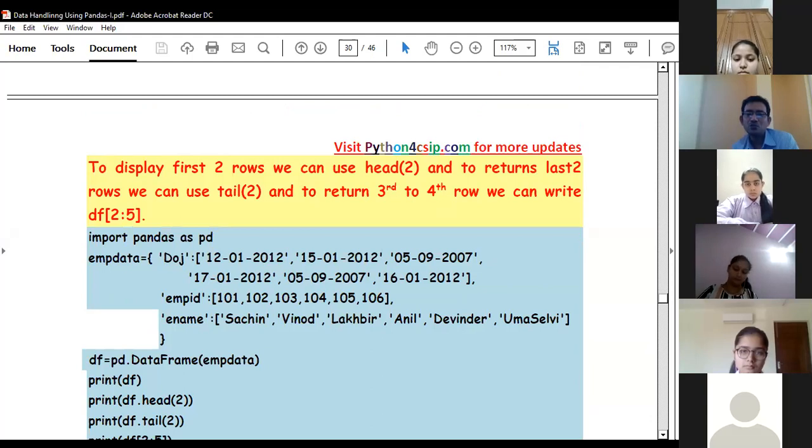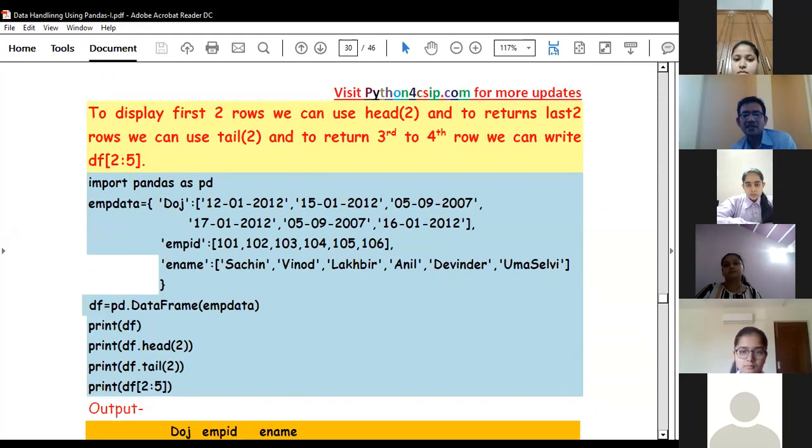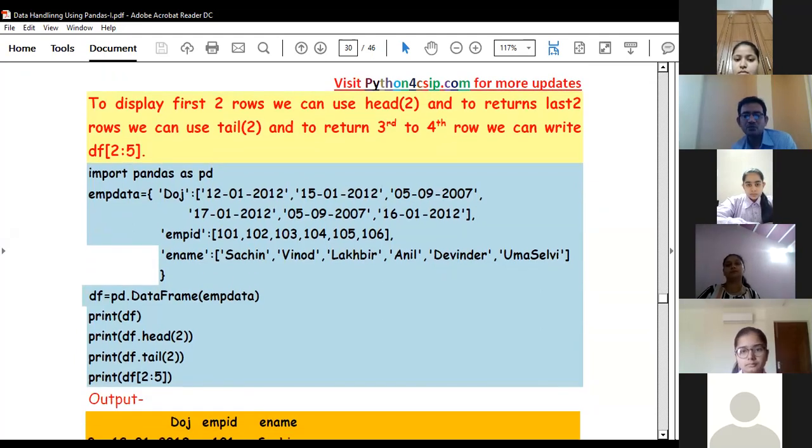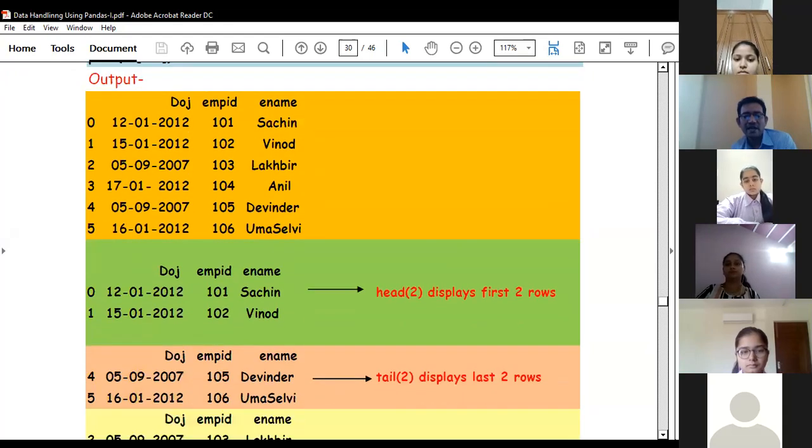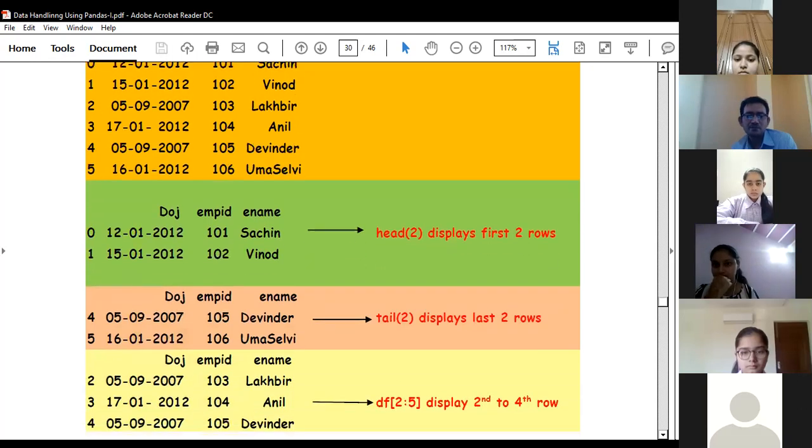To display the first 2 rows we can use head, to return the last 2 rows we can mention tail 2, and to return the 3rd and 4th rows, we can mention the range also: df, and then in square brackets the range. Basically, a selection mechanism is used. So we can select either using the head method, the tail method, and the third alternative is the selection method.